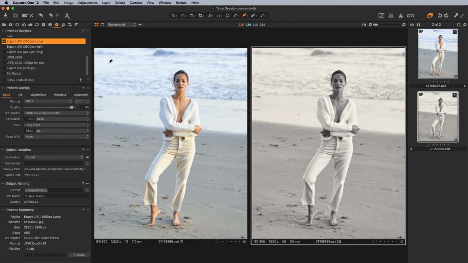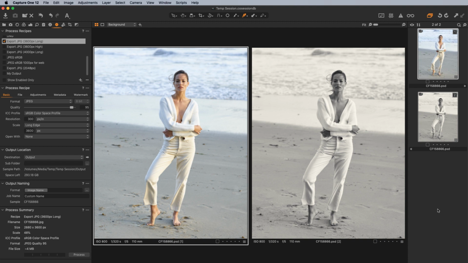So I will do the adjustment to the raw file in here, bring it to Photoshop, do the retouch there, and then back out of the output section, I will do any sort of final tweaks to the images. Now you can also do, for example, what I'll sometimes do is just give it a skin retouch inside of Photoshop and then do the actual color grading inside of Capture One. That way I can just apply color grading en masse to, let's say, 20 images. I select them all, apply the same style to all of them, or apply a style to the first one and then copy over. And actually, let me show you that before we sort of wrap up here, how you